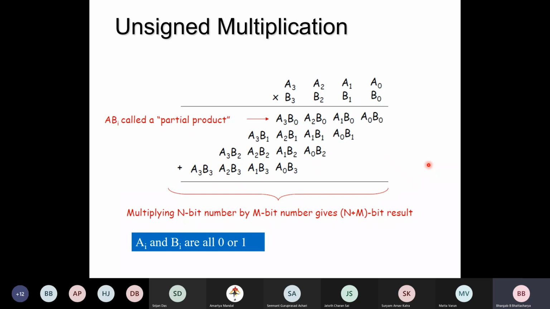And also we observed that if we multiply an n-bit number by an m-bit number, then you should keep an option for n plus m bits, because the result would be the sum of the two digit counts of the multiplier and the multiplicand. Okay. So as far as the hardware implementation is concerned, all we need is an array of AND gates and then an addition process, right?